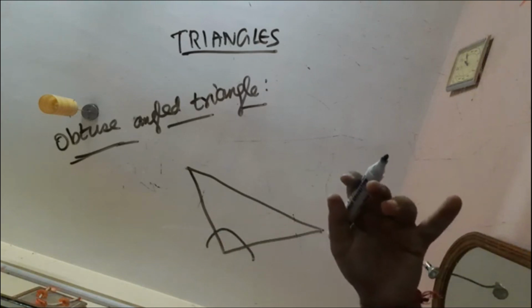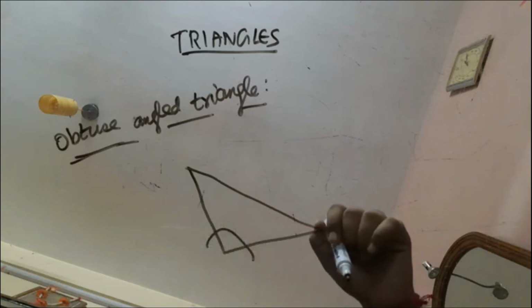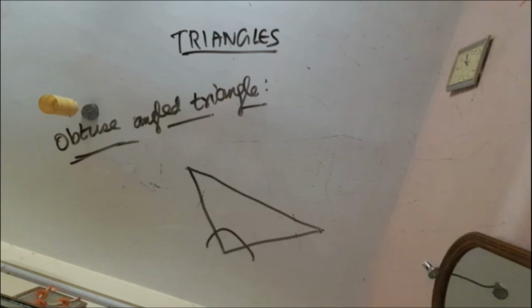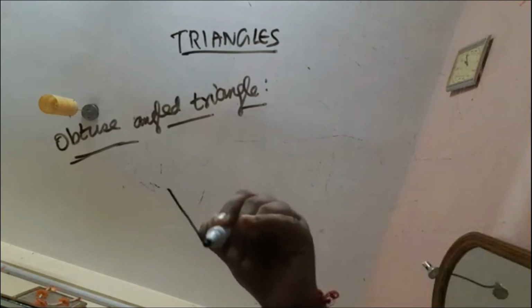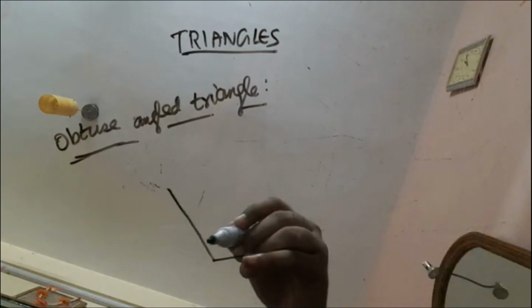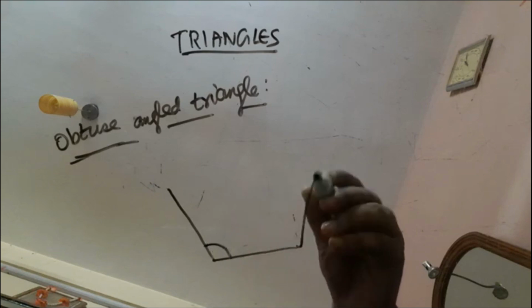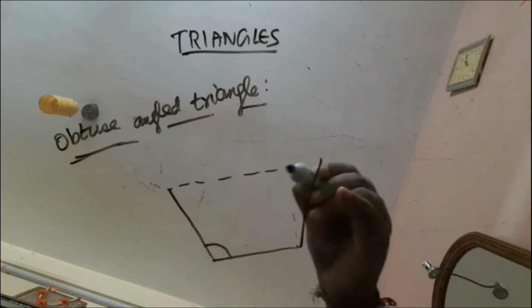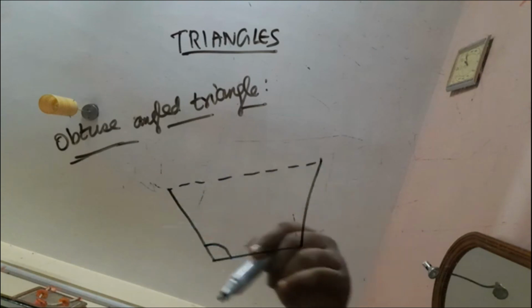Now you might ask that why do you say that only one angle is obtuse angle? Why can a triangle not have two angles as obtuse angles? Because you see that if a triangle has two angles as obtuse angles, then you cannot connect the two lines. Let's say this is an angle greater than 90 degree, and let's say this angle is also greater than 90 degree. How are you going to connect these two lines? You have to introduce a fourth line over here to connect, and this, my friends, is a quadrilateral,